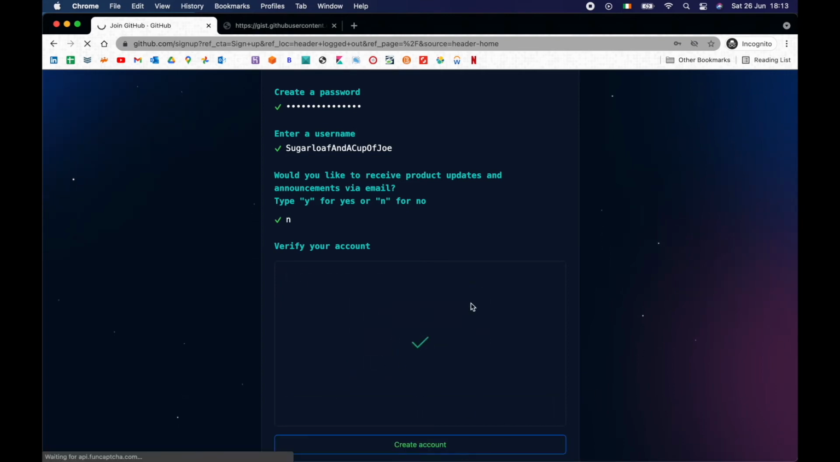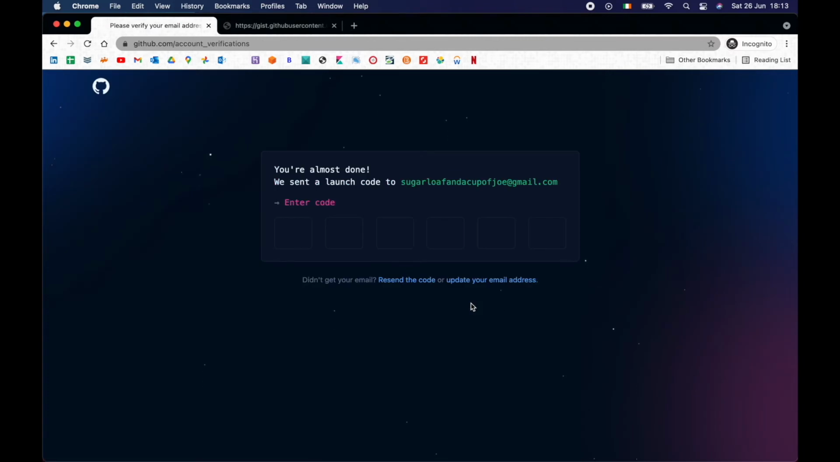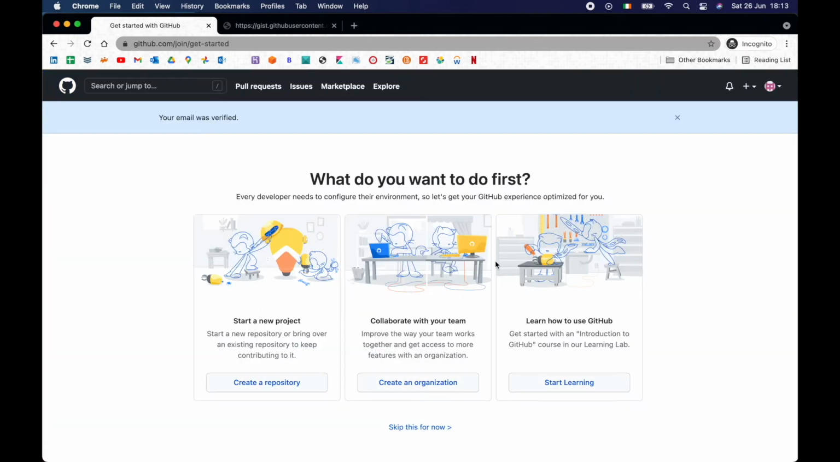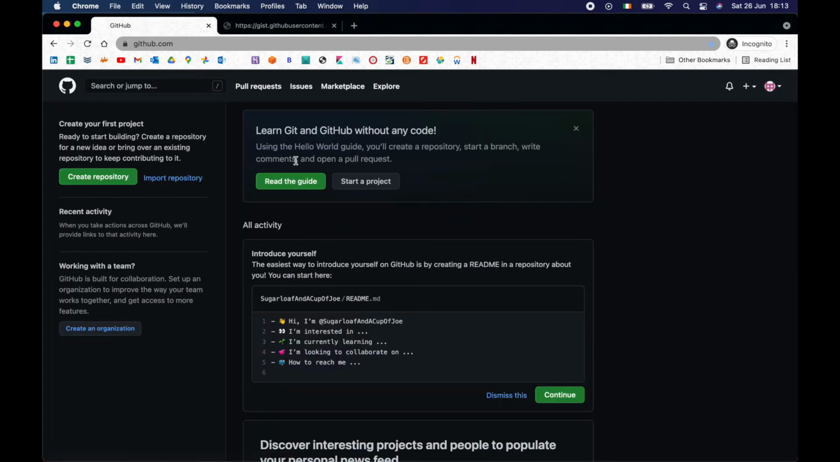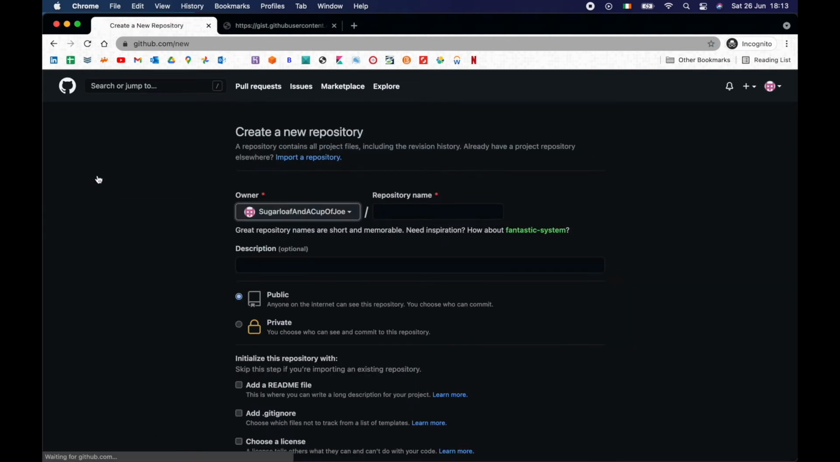Okay, create an account. So that's the code. I have my Gmail open on my other screen, so I'll just paste that in here. Can't paste that, I need to retype it. Okay, boom, and I'm in. You have a quick tutorial here, so I recommend going through it, start a project, learn how to use Github, definitely. I'm gonna skip that because I already know that, and I'm gonna create a new repository, and I'm gonna